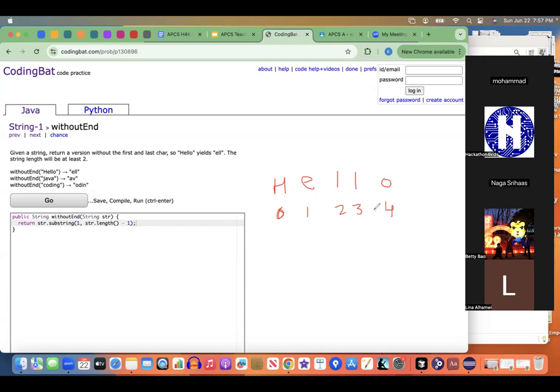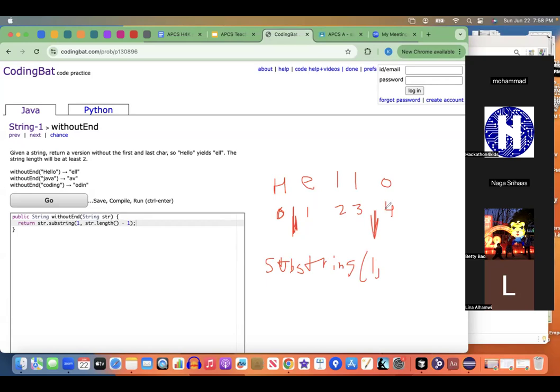We want to take out this last index, and then we want to take out this first index. So we want our starting index to always be 1, since we don't want to include the first one. So we do substring starting at 1,